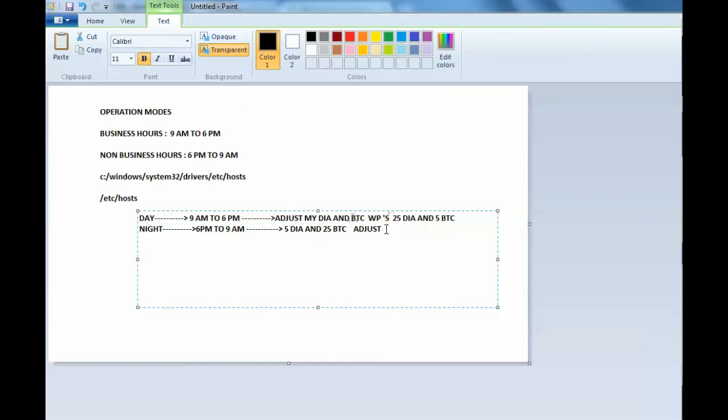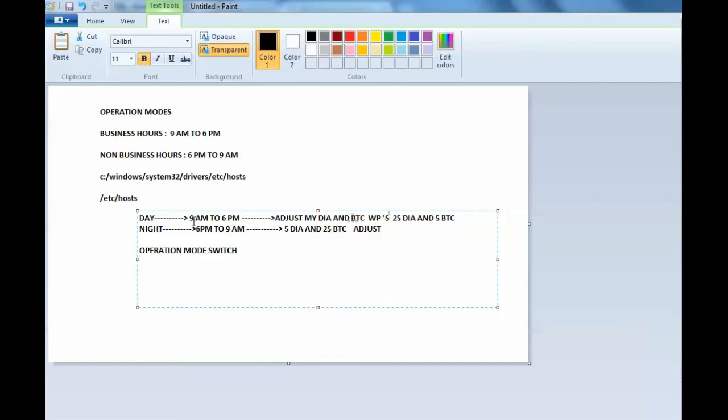Once you have adjusted, you need to save all the creations and settings. So what will happen: whenever the time reaches 9 a.m., the system will do a switch, called an operation mode switch. What is meant by an operation mode switch?